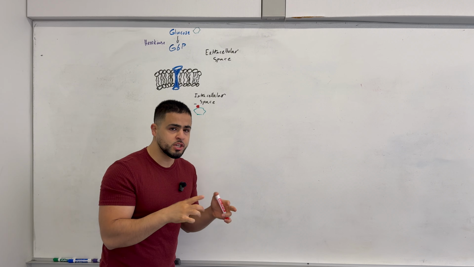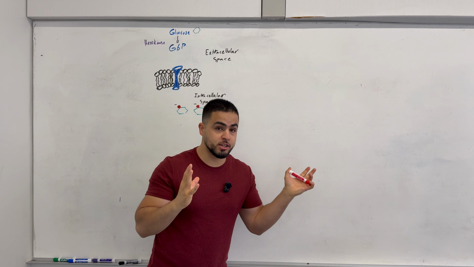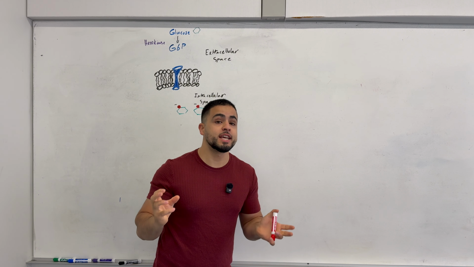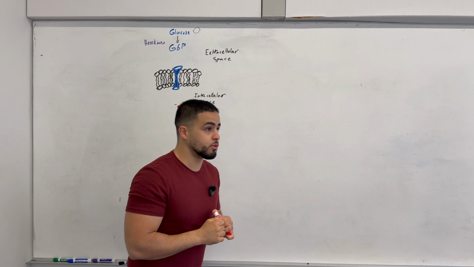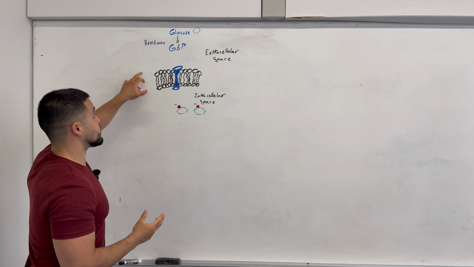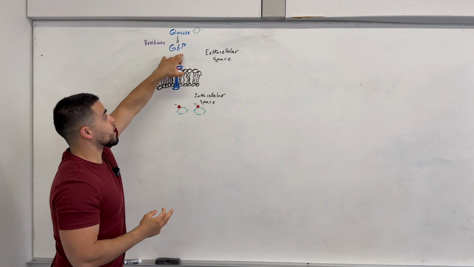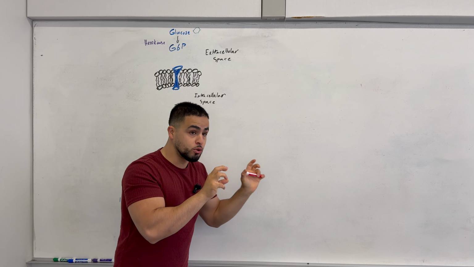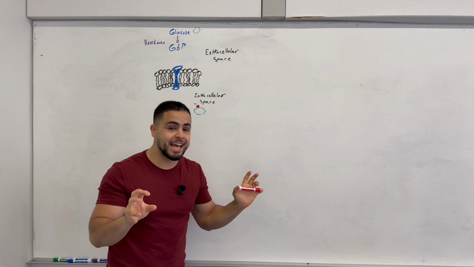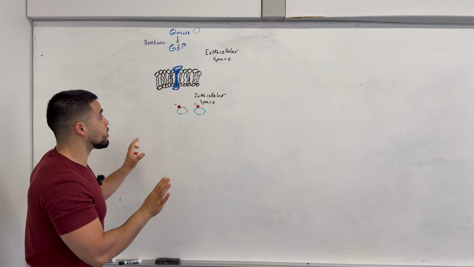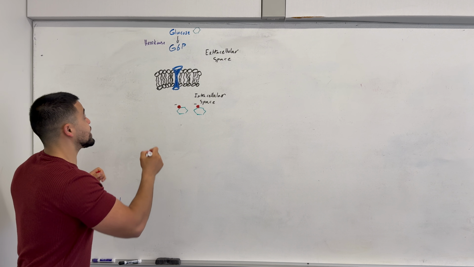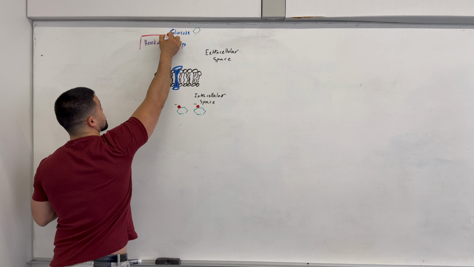How does the cell do this? Well, by way of a kinase, because recall kinases will attach phosphates to molecules, and phosphates are negatively charged. So in this case, hexokinase will phosphorylate glucose to give you glucose 6-phosphate. All this means is that now glucose on its 6th carbon has a phosphate attached, and it can no longer exit the cell. And one important thing about hexokinase, I'm going to put a red box around it because it's